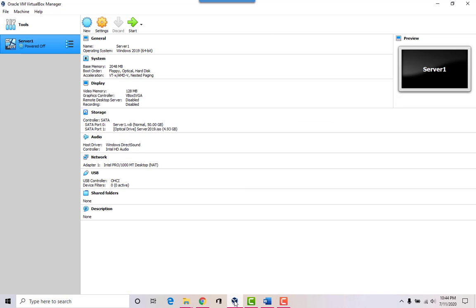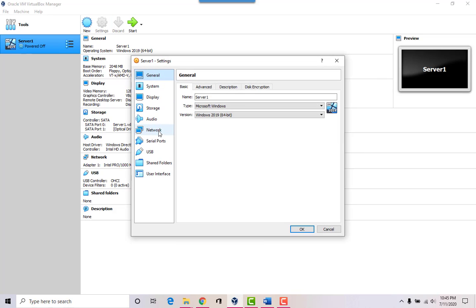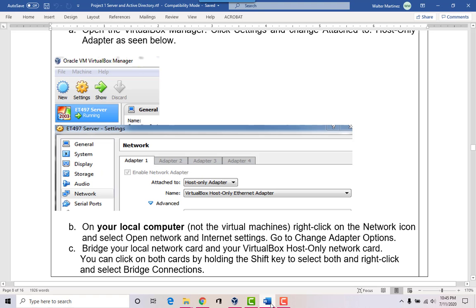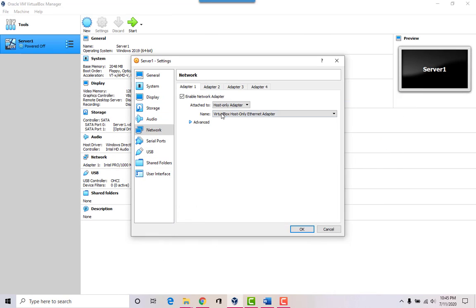So we go to the settings here for our server, and the server has to be powered off. We can go to the network settings and say host only adapter, just like it says here.